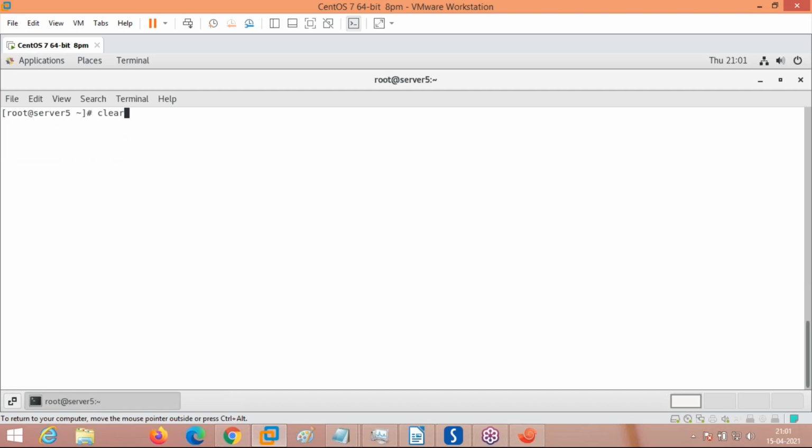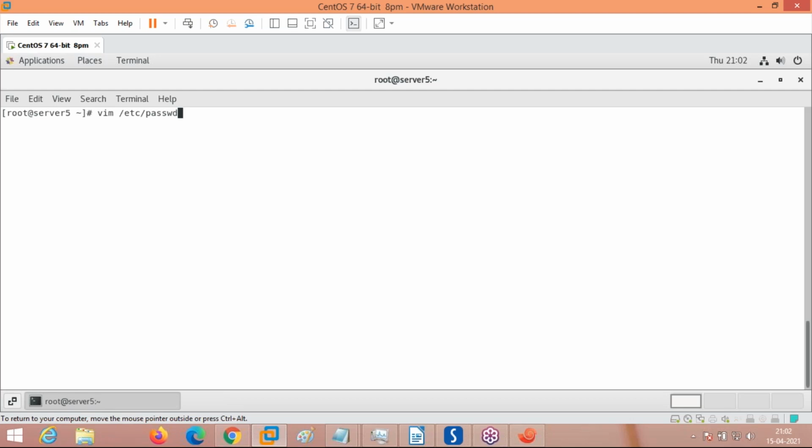Now we want to see where these users are created. Just for the time being, I am showing where these users are and what user ID, UID, is supplied to them. The passwd is the file. VIM is a command, a text editor command like Notepad in Windows. VIM stands for Vi Improved.